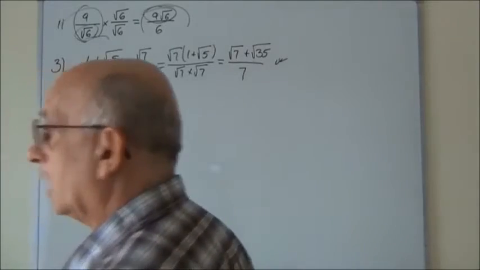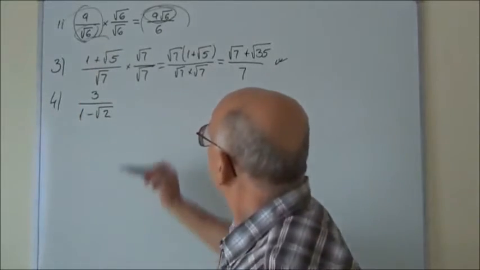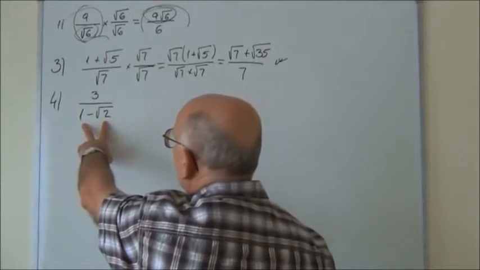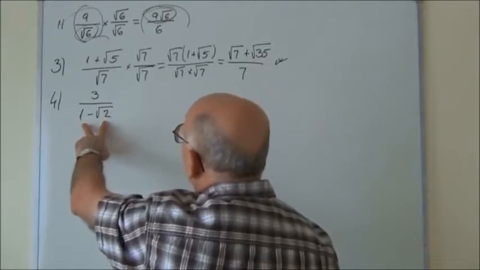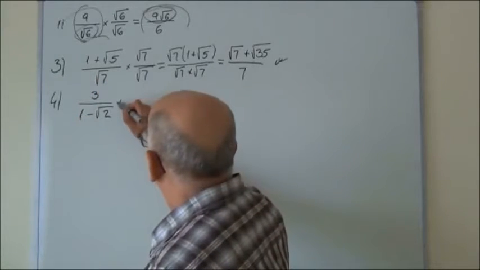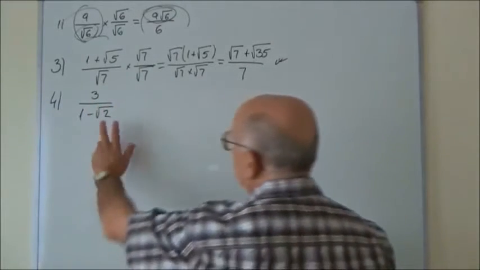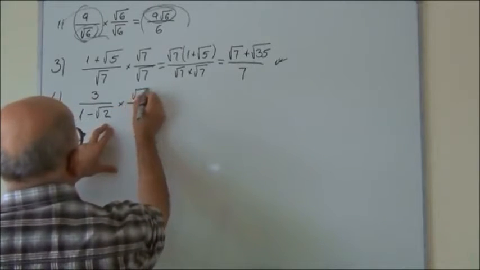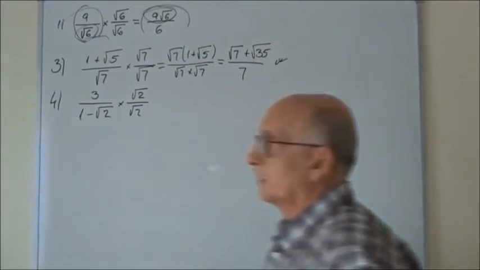So when you compare those two questions, you may see that now in the denominator we have two terms, if you like, two numbers, while here was just 1. Now we have to be careful. We can't get rid of square root 2 if we simply multiply this fraction by root 2 on root 2, because